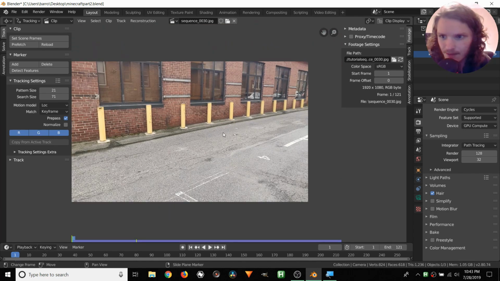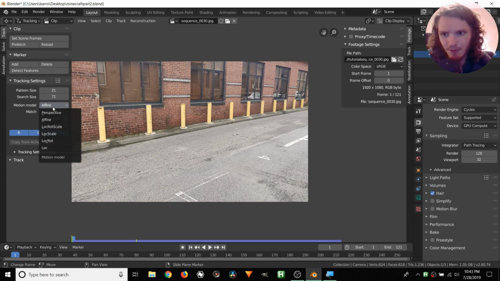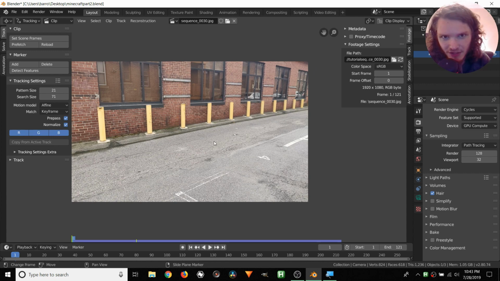So for this, let's use Affine, and if that's not cutting it, we'll go to Perspective. Again, Affine is tracking both deformation and shearing, and also translation, scale, and rotation. Again, watch the video series if you haven't. And then Perspective does true perspective changes, but Affine does a pretty good job at calculating this. We're also going to enable Normalize, so when it's tracking from frame to frame, it's going to try to ignore changes in lighting intensities. So if there's a cloud that goes by and there's a shadow that gets cast, it's going to try to ignore that.